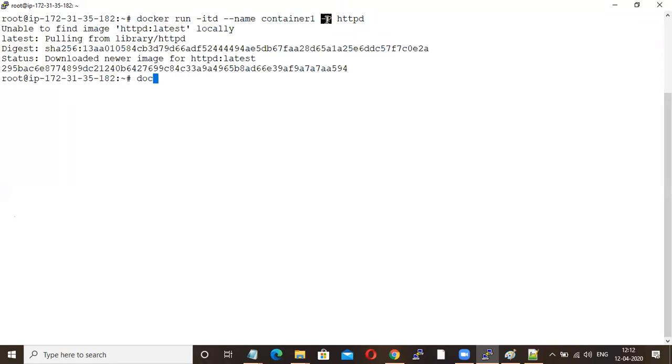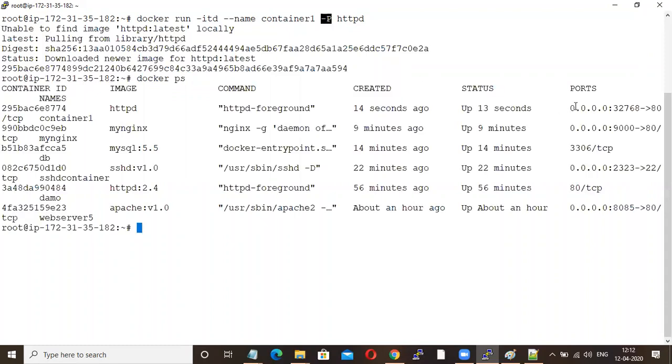Now docker ps. See, they are assigning this port number 32768. So this is the difference. If you are not giving the version name, by default Docker will take only the latest version.